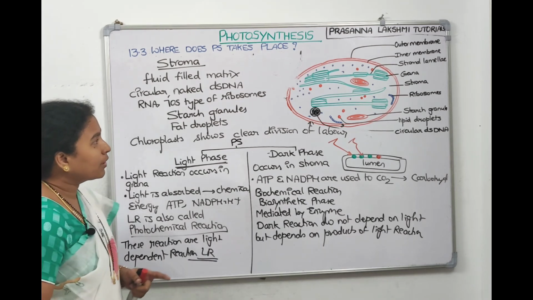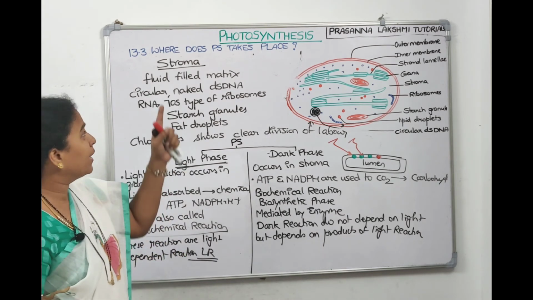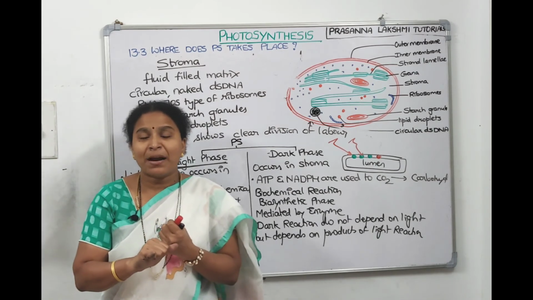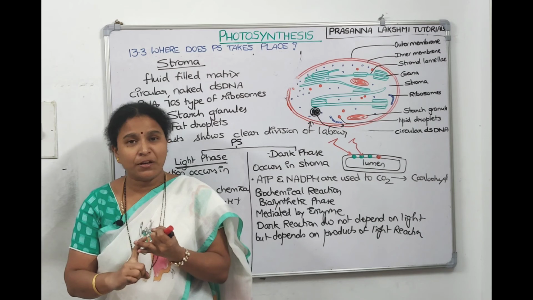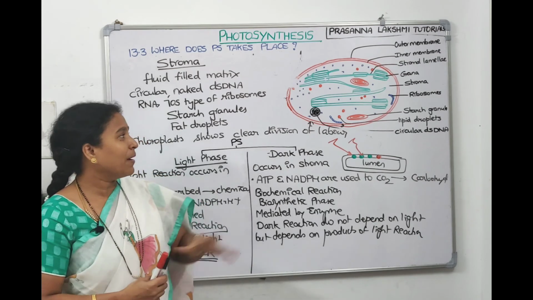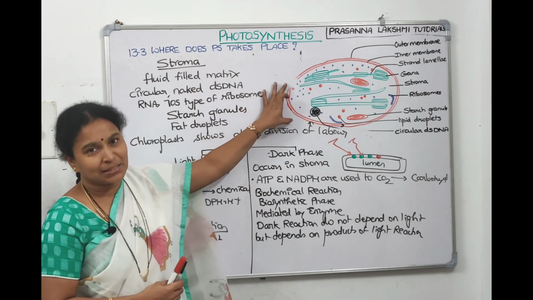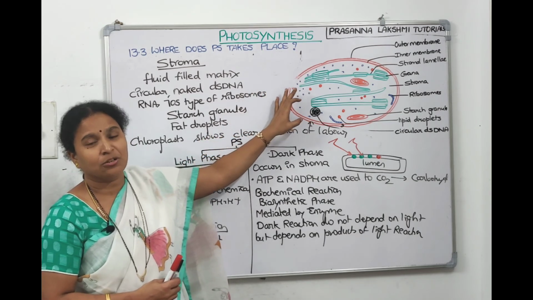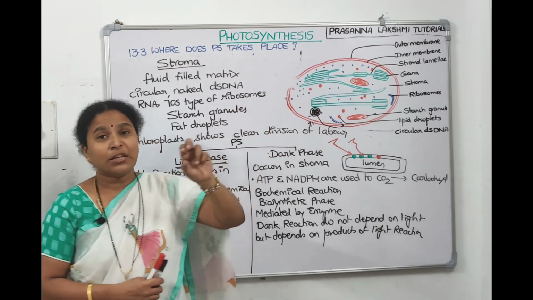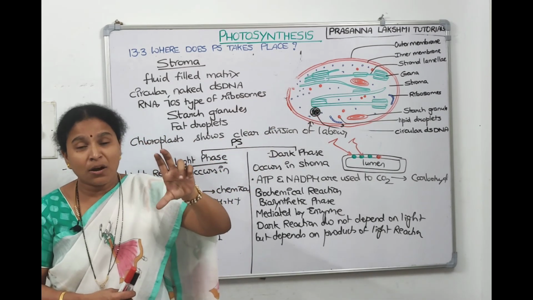Right, so we were talking about everything about chloroplast. Where does photosynthesis take place? On the green parts of the leaf. What does the green part of the leaf contain? Mesophyll cells. Mesophyll cells, what do they contain? Chloroplast. What's the shape of the chloroplast? It is a disc shaped, double membrane structure. It contains membranes inside, which are called thylakoid membranes. If the thylakoid membranes are piled up, that is called grana.